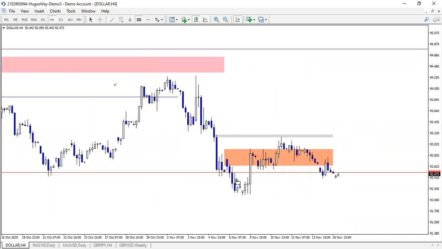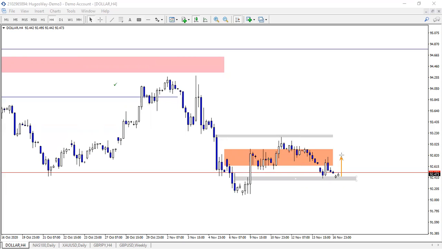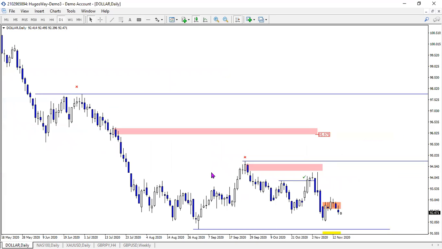Just looking at this specific level where price is currently, I would expect to see it maybe bounce off this level and pull up a little bit. So give us a bit of a retest into around these areas in here, because you can see this is a very strong key level right there. So maybe a retest into around those levels, and then we'll see this market trade down a little bit more, back down, aiming into these lows in here. And that's obviously the yellow zone that I have pointed out on the daily time frame. Right, very simple, very straightforward.